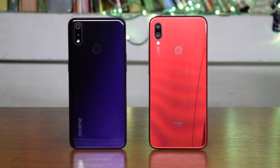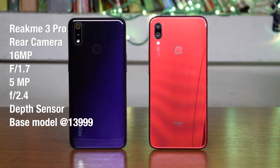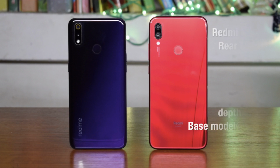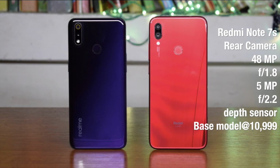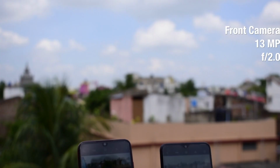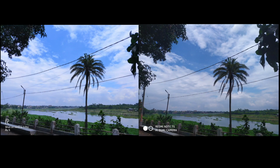Now Realme 3 Pro has the 16 megapixel f1.7 aperture rear cam that is used in the OnePlus 3T, and a 5 megapixel depth sensor. On the other hand, Redmi Note 7s comes with the 48 megapixel f1.8 aperture main camera and also the 5 megapixel depth sensor. And at the front, Realme 3 Pro has a 25 megapixel front shooter, whereas the Redmi Note 7s has a 13 megapixel front shooter. So first we went outside and took these photos, and what I can say from these